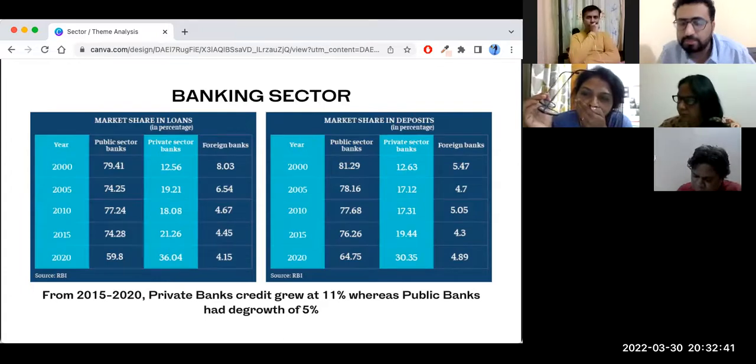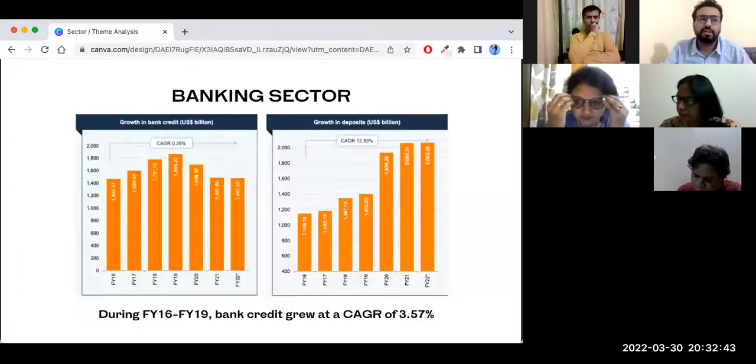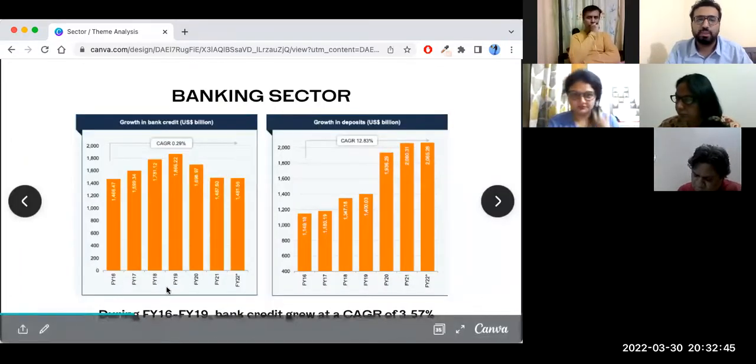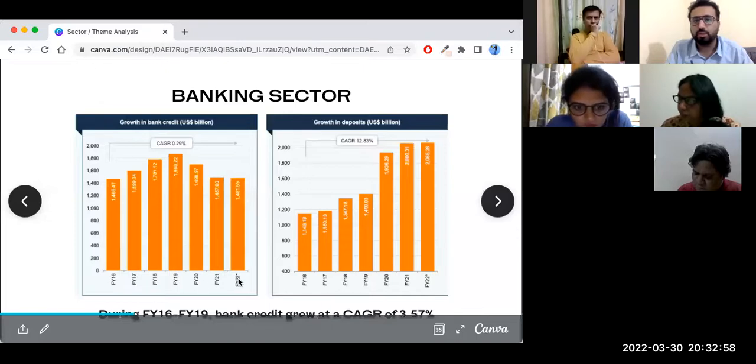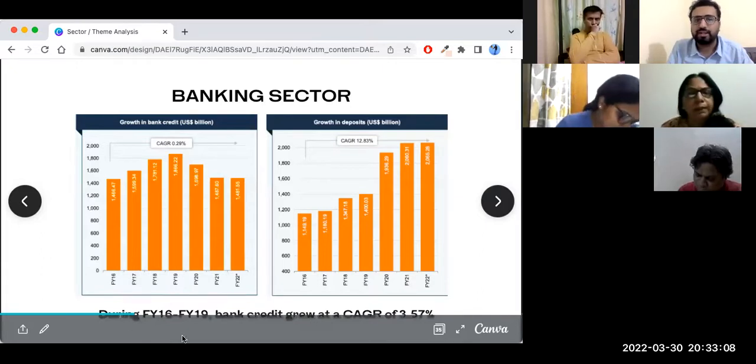Nikhil says, can you please explain 3.5%? So I've done the mathematics of calculating from 2016 to 2019. They have not shown it here, but I've done that mathematics because this report was published at the end of 2019. And this is real data till 2019. After that, they have done extrapolation. 2020 to 2022 is not real data. 2016 to 2019 is real data. After that, they did extrapolation, which I did not take into consideration. The CAGR that is shown here is not correct.